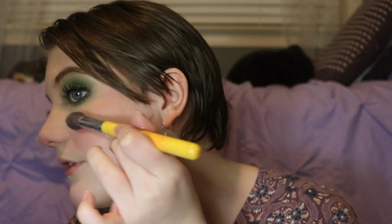So I like this highlighter because it's kind of like a cream to powder hybrid. You can't see the swatch. You can just see the remainder of the blush that was on my hand. Okay, so I'm just gonna take some of this highlight. I'm one for a blinding highlight. I know it's not everyone's preference, but it sure is my preference. I really like it. And it looks like a lot right now, but it will tone down after we